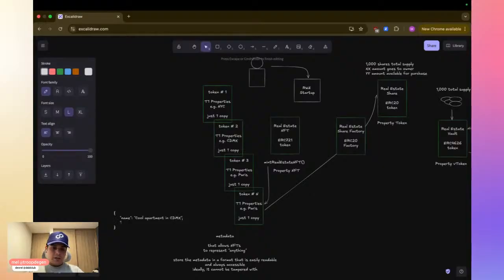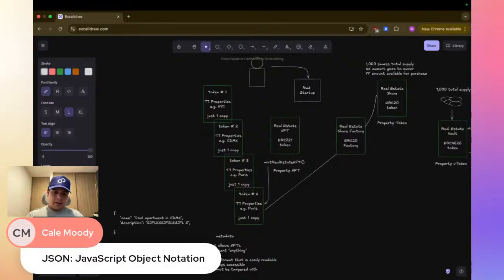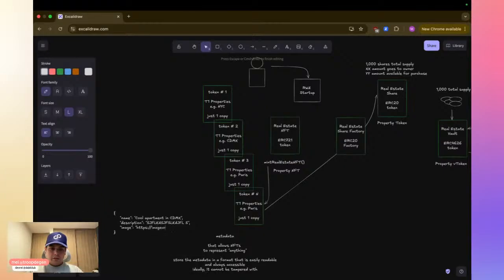And the description can be whatever. And then the image has to point to a URL, right? Image URL. More information can include something like value, owner, timestamp. You can put any information here that you want.